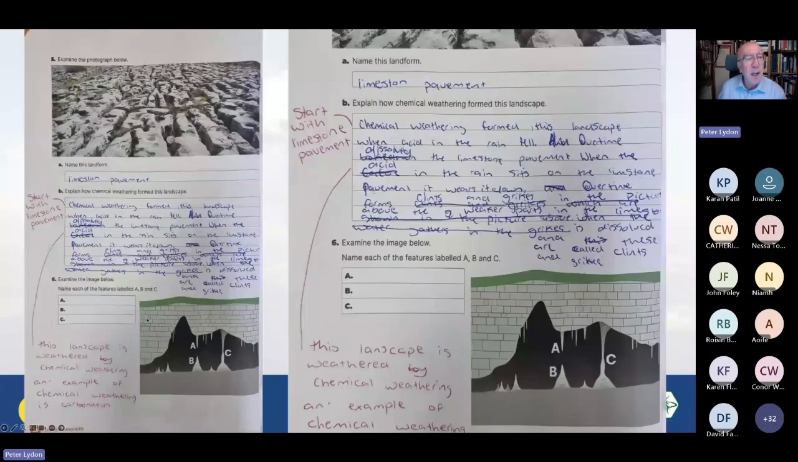So she's correctly said limestone pavement. I haven't actually gotten around to marking this one yet. This is with first years the other day. And she was the same. She goes, chemical weathering formed this landscape when acid in the rain fell. Now that's okay because she said chemical weathering, but it would be nice if she said chemical weathering was carbonation. But in class, I said, okay, well, is the first thing that you said